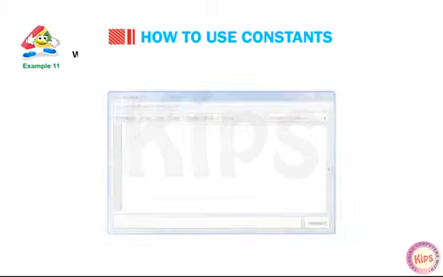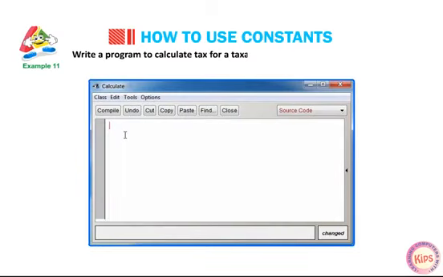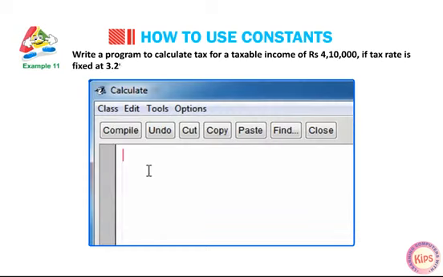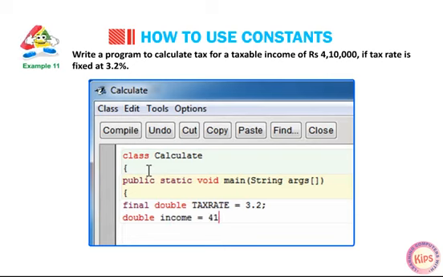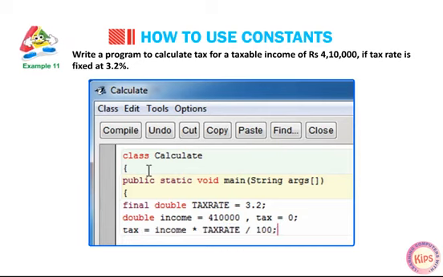Example 11. Write a program to calculate tax for a taxable income of rupees 4,10,000 if the tax rate is fixed at 3.2%. class Calculate { public static void main(String[] args) { final double taxRate = 3.2; double income = 410000, tax = 0; tax = income * taxRate / 100;